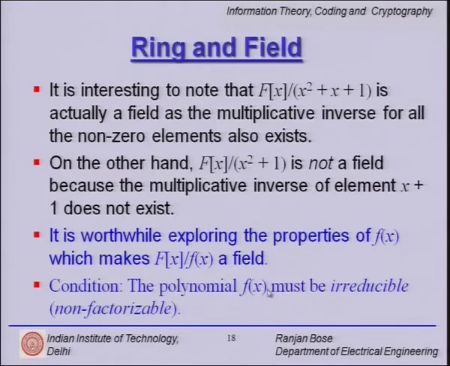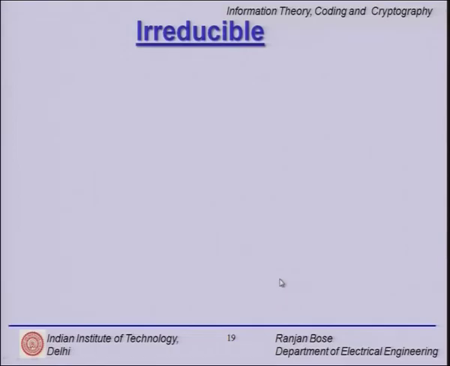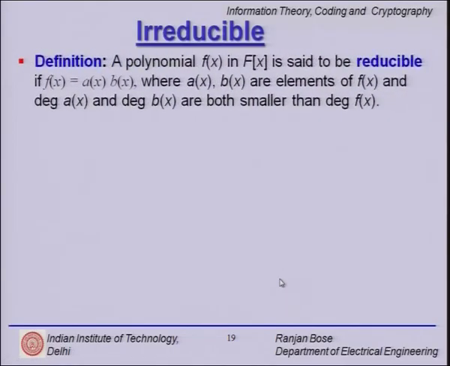So, the condition that we will soon see is that this polynomial f of x must be irreducible, which in layman's language means non-factorizable. We cannot factorize it, but let us see what we mean by that. We define a polynomial f of x in capital F of x, the set of polynomials, to be said to be reducible if f of x can be written as a product of two polynomials a(x) and b(x), which are elements of F[x],